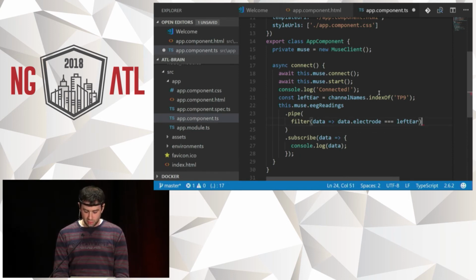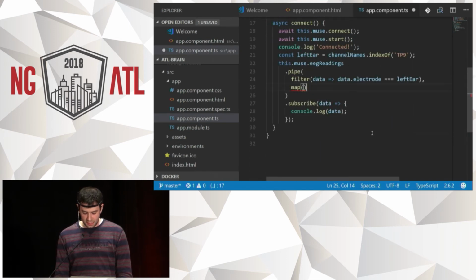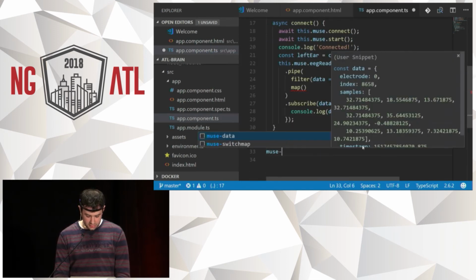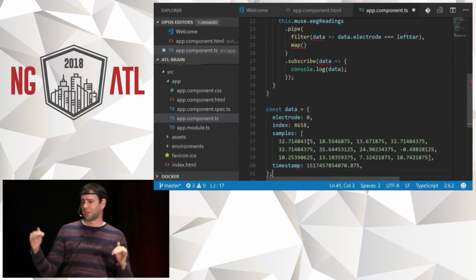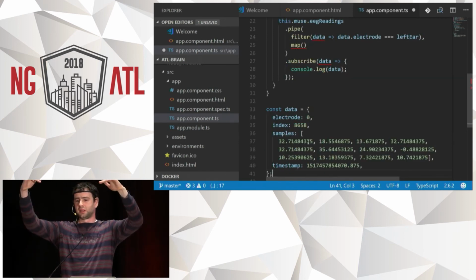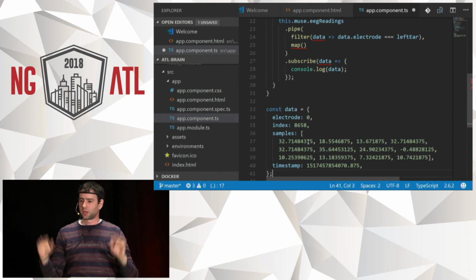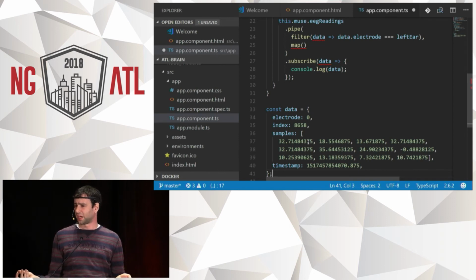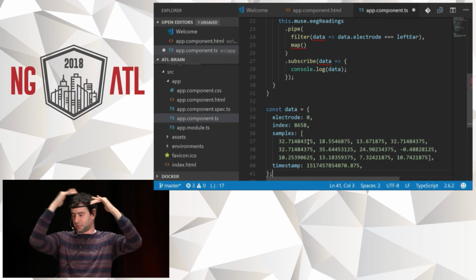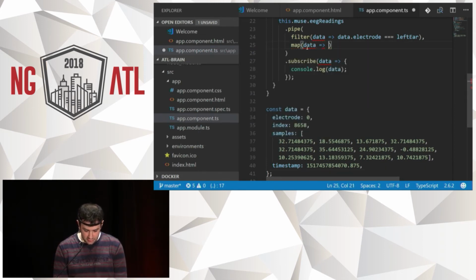Next thing we want to do, so for each reading you have seen, we are getting 12 values. So we are getting 12 samples, and basically we want to detect the peaks in the graphs, where the graph cuts a certain line. So we are not interested in the individual samples. We can just take the maximum of each reading and see if it crosses the threshold. For that, we are going to take the samples and